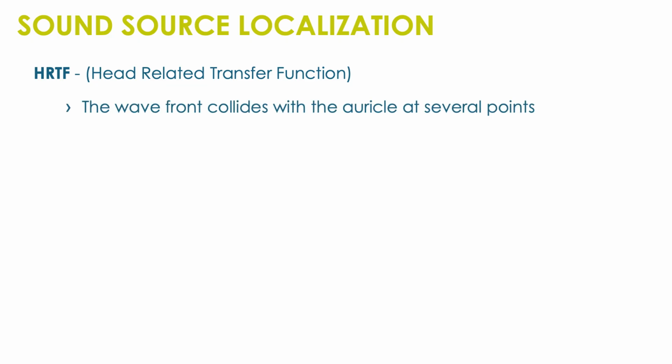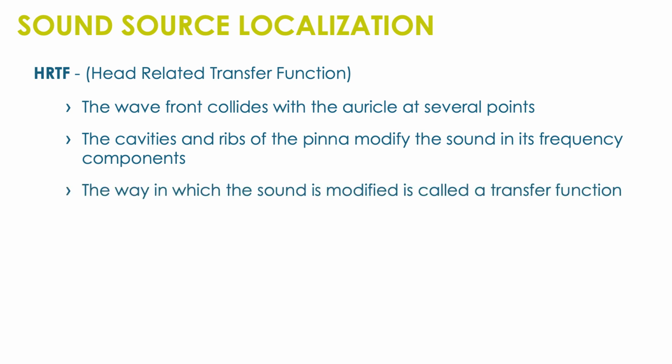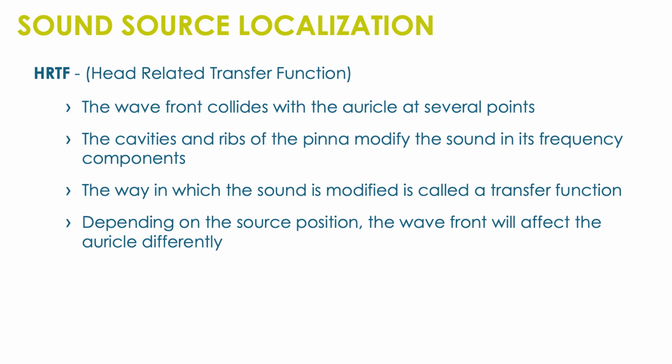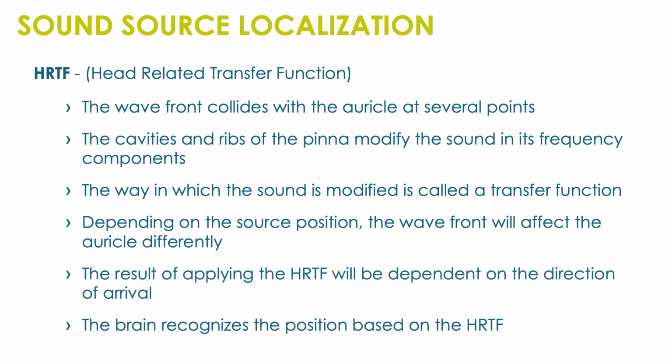Here is how it works. Basically, the shape and folds of the auricle reflect and diffract incoming sound waves. This creates subtle changes in the sound's intensity, phase, and frequency depending on the direction of the sound source. The brain decodes these modifications to estimate the elevation of the sound source, whether it is above or below the